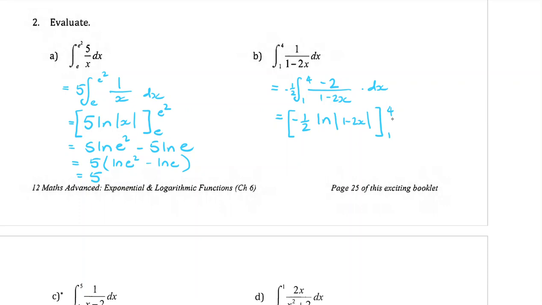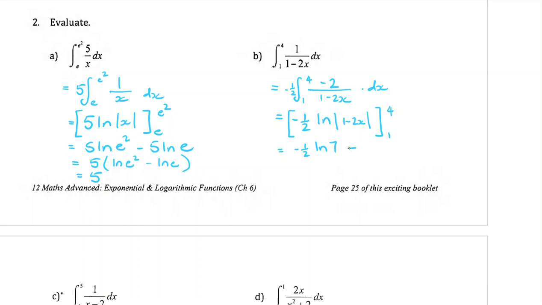Okay, subbing in minus 1/2. If I sub in the 4, I get 1 minus 8 in here, which is minus 7. And then I'm doing the absolute value of that. So it becomes a positive 7. So that'll be ln of a positive 7. Okay, then minus